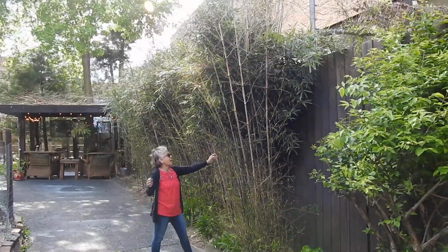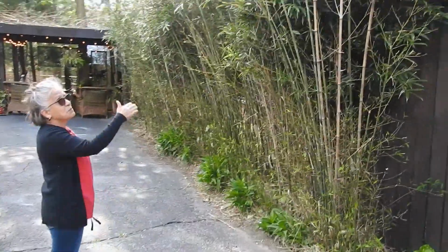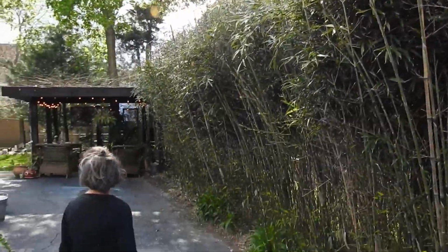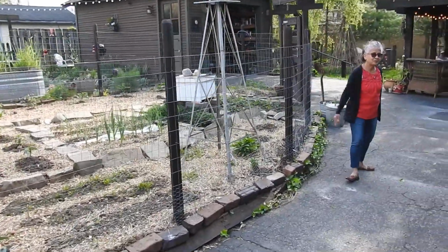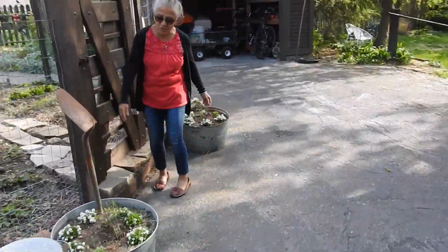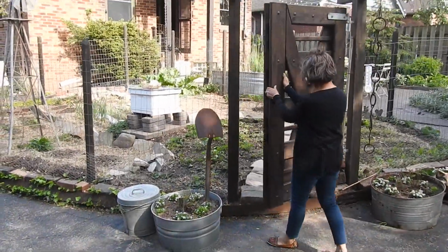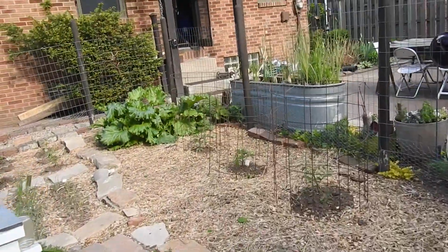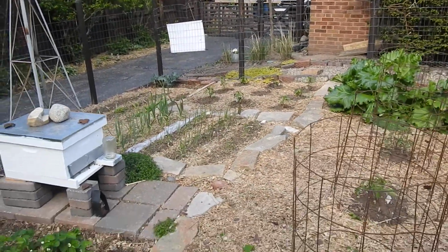On this side of the farm, we have planted some bamboo. As you can see, it's a barrier between us and the building beside our home. On the opposite side of the bamboo is our garden. Let's go check it out. Outside of our garden, we planted a couple of blueberry bushes. Inside our garden, you'll see that we planted a variety of vegetables, and we also have some black raspberry and